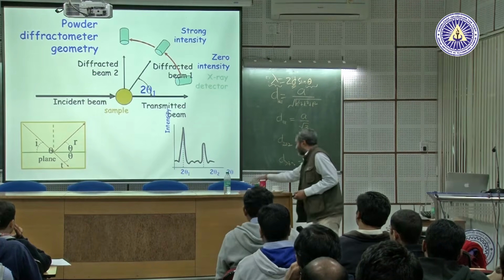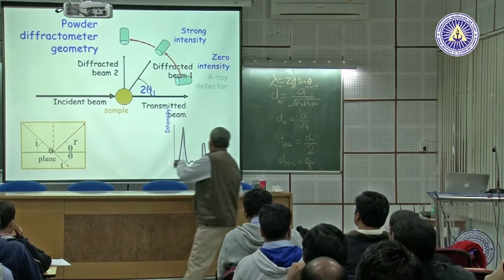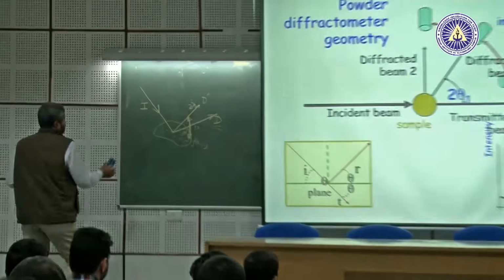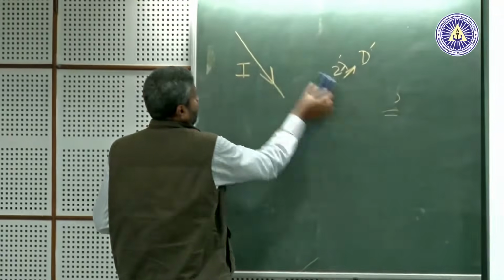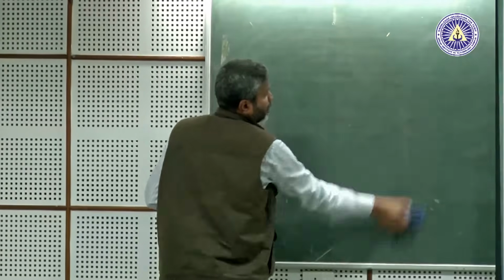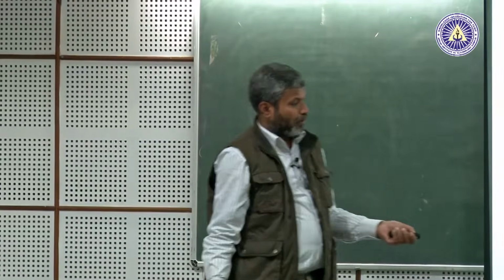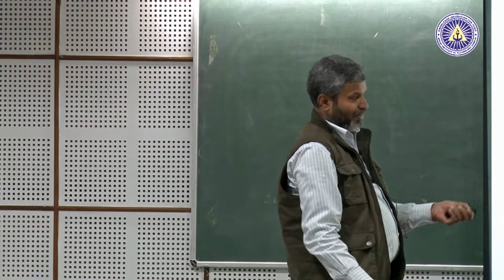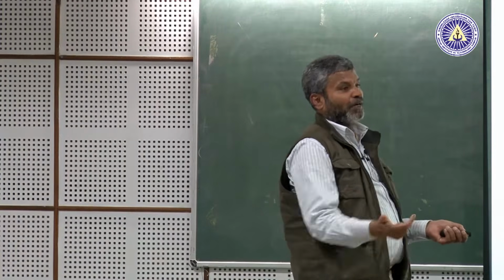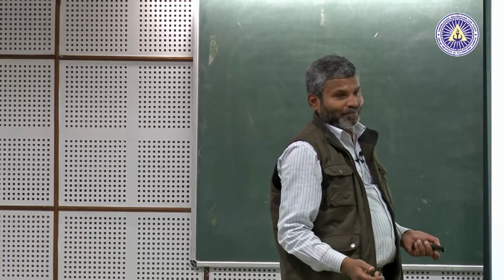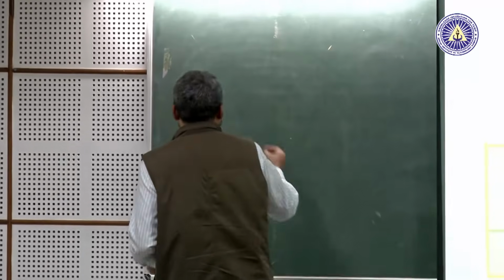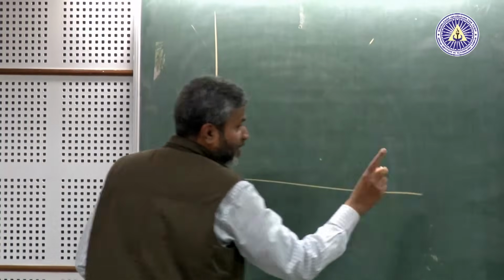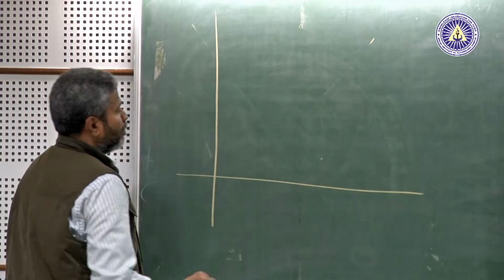This is very simple, and this is the reason why intensity is plotted against 2 theta. Sometimes students are not able to answer the question, why are you plotting intensity against 2 theta? You could have always divided. You will not see in any other graph that the x variable is multiplied by 2. Makes no sense. Instead of y as a function of x, you are plotting y as a function of 2x. But in this case, it makes sense because